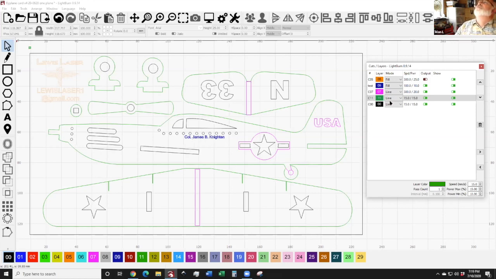So that's Phil. The pink around are just really light scoring, and then the black is set to cut, and the green is set to cut. And the reason I distinguish between the black and the green is the green I wanted tabs put in so that the wing and the body, those pieces would stay in. I didn't care if these pieces here fell out because they're just there. But so the way you do it is,